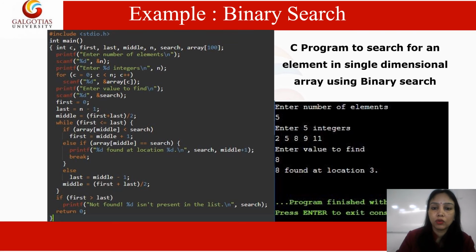Now here is the code for the binary search algorithm. You can see again, for finding that mid, you have to initialize one variable as first. We have put 0 here, as you can see on your screen. Then the last element is n minus 1, and middle will be calculated as (first + last) divided by 2. After calculating this, you get that middle value, and will apply that logic, meaning while first is less